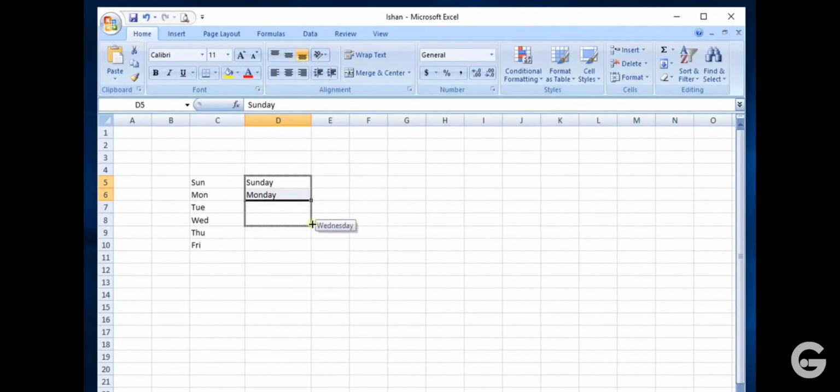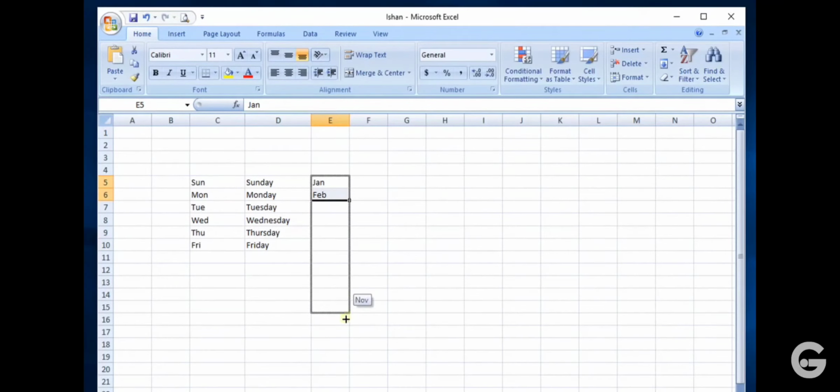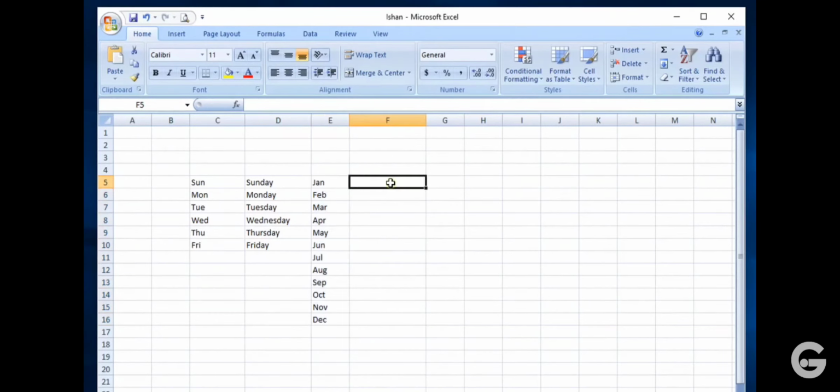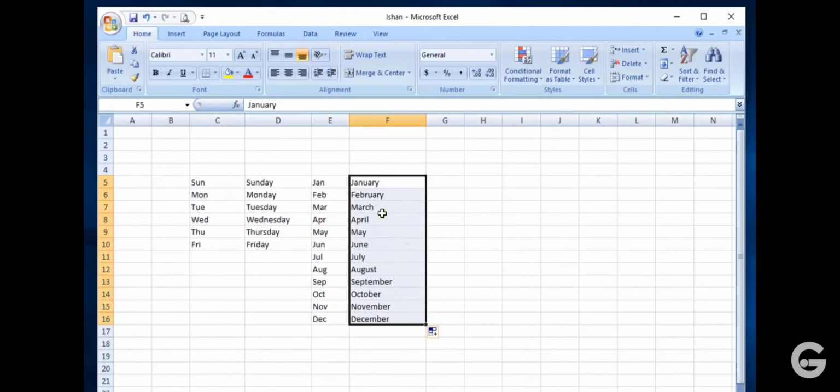What you need to do, select, click. Just आपको अपने माउस के राइट बटन को क्लिक करना है, उसे ड्रैग करना है. Okay. Now I am going to write here Jan, Feb. I am going to select it and I am going to scroll it. Okay. Now you can see automatically सारी जो भी है Jan, Feb के बाद जो भी आता है वो सब डायरेक्टली इंसर्ट हो रहा है. I am going to write here full form January, February. Again I am going to select it and I am going to scroll it. So now it is in full form.